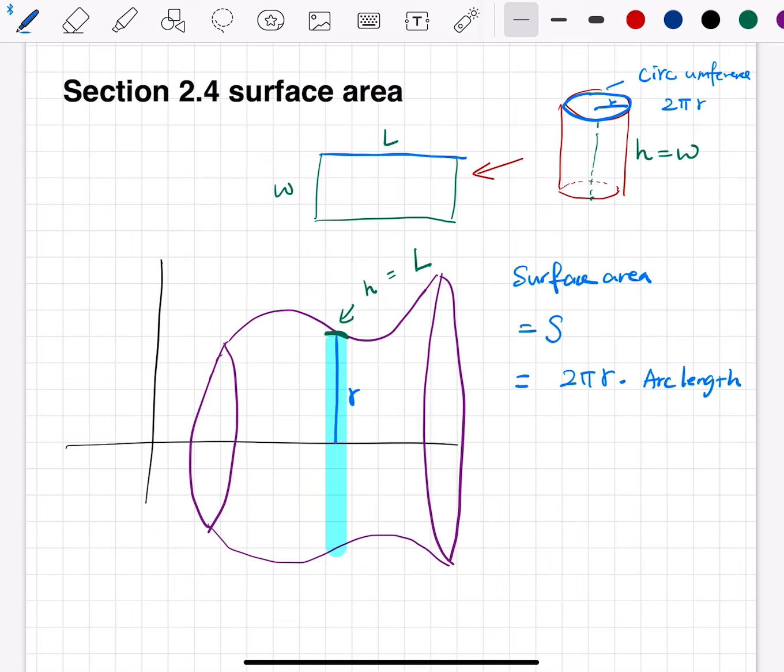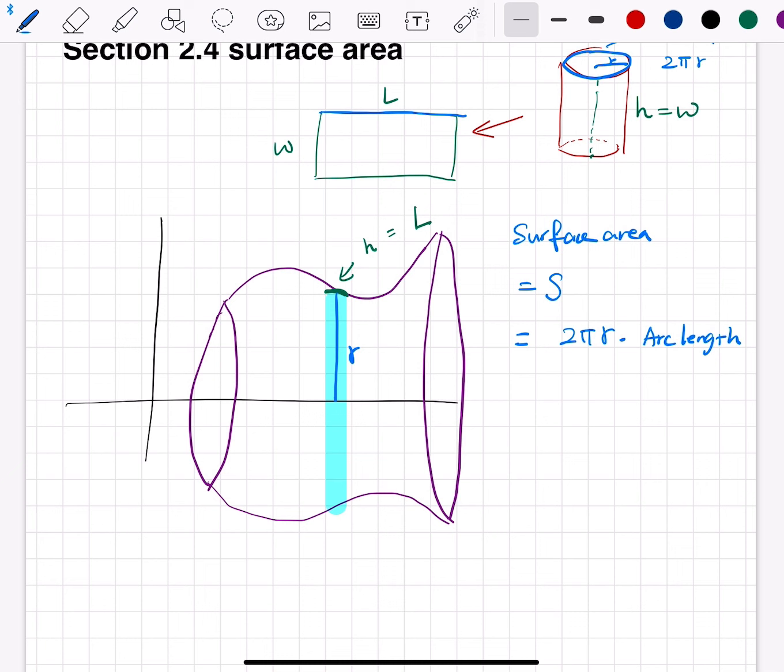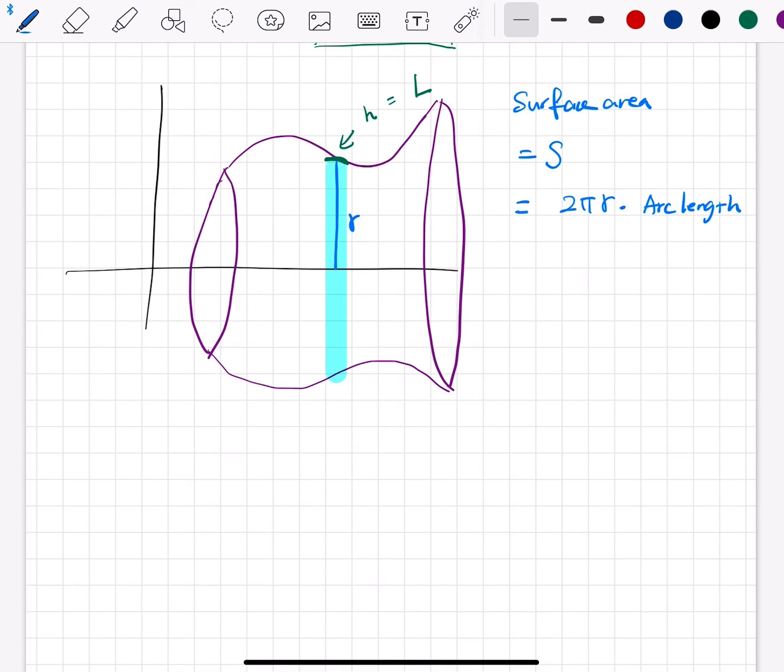And of course, we are talking about slicing, integrals, antiderivatives. So with the integral symbol, the surface area is going to be the integral from a to b of